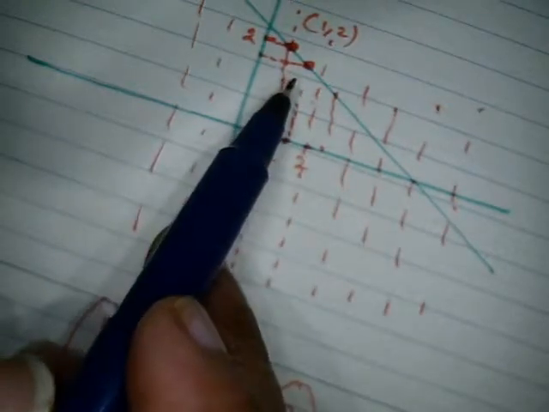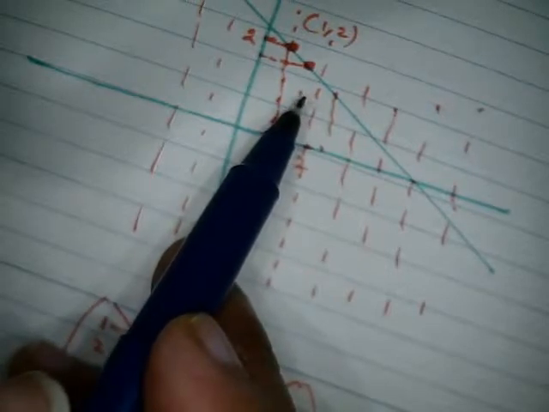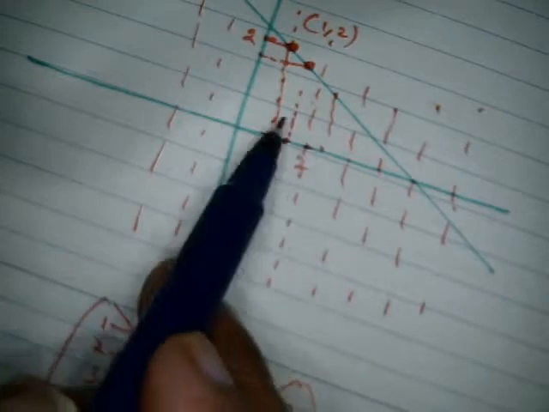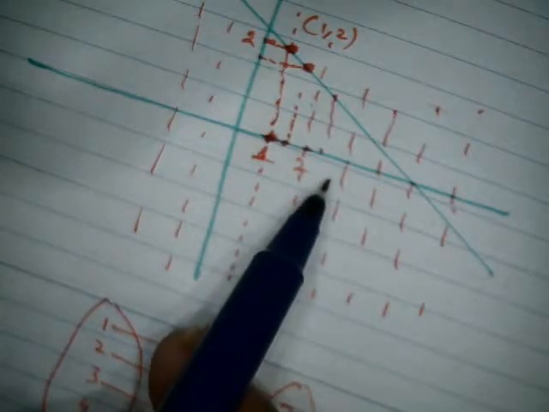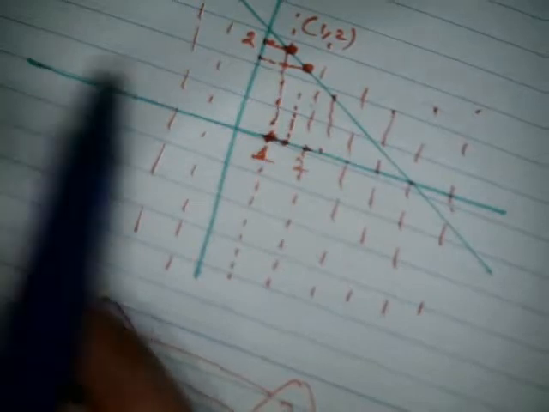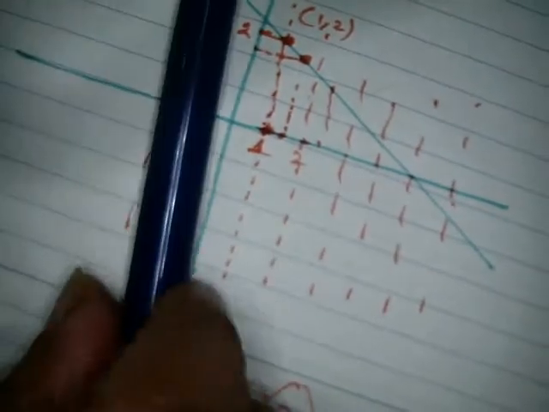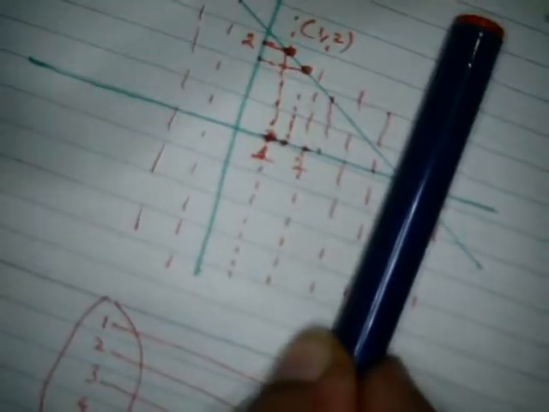On any x, the y is not returning two values. If it returns two values at the same point on the x-axis, then it is not going to be a function. By the function property we know this, and I already explained it in the last video. On every x, when you move this line, it is returning the y value. If it returns only one y value, then it is going to be a function. So this is the way you need to check when the graph is given.